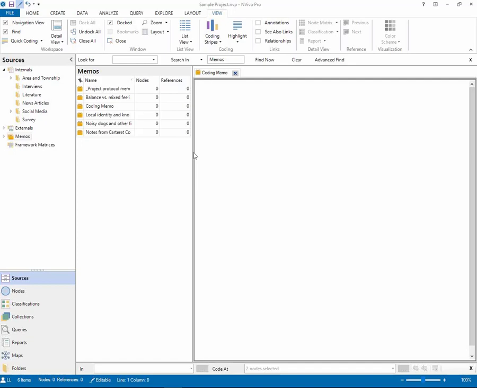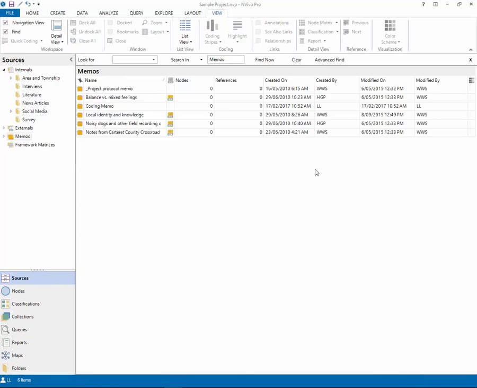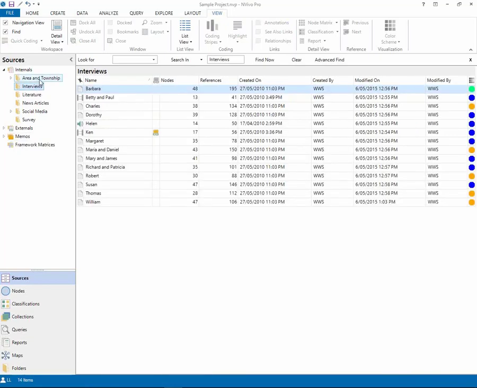Now it's a little bit abstract to explain, so I think what we'll do is I'll show you how this works, and then once we've done that, if people are still unclear as to how these work, you can send me a question to let me know. So we'll close down a coding memo. And so one nice technique for using a set is to create a set for transcripts that you need to code. So coming to the interviews folder here,